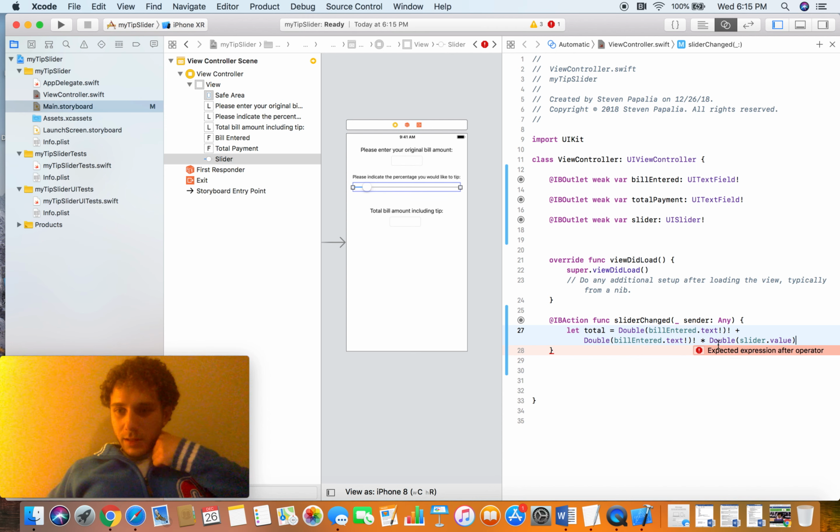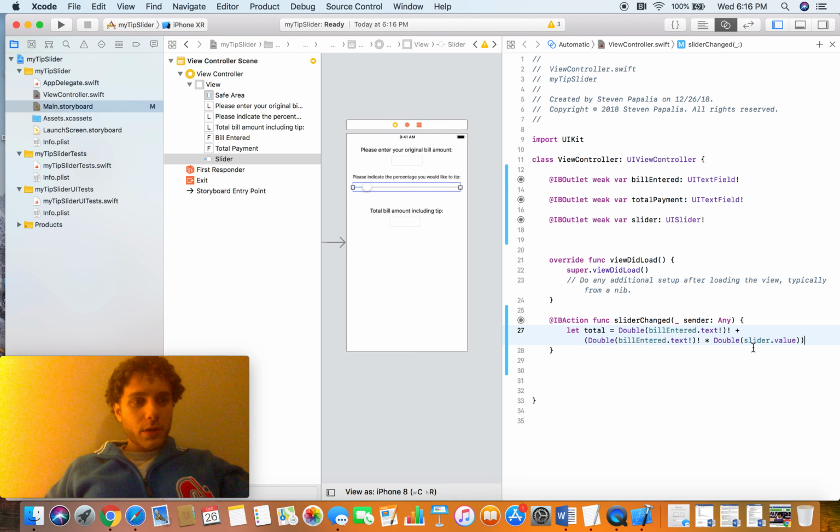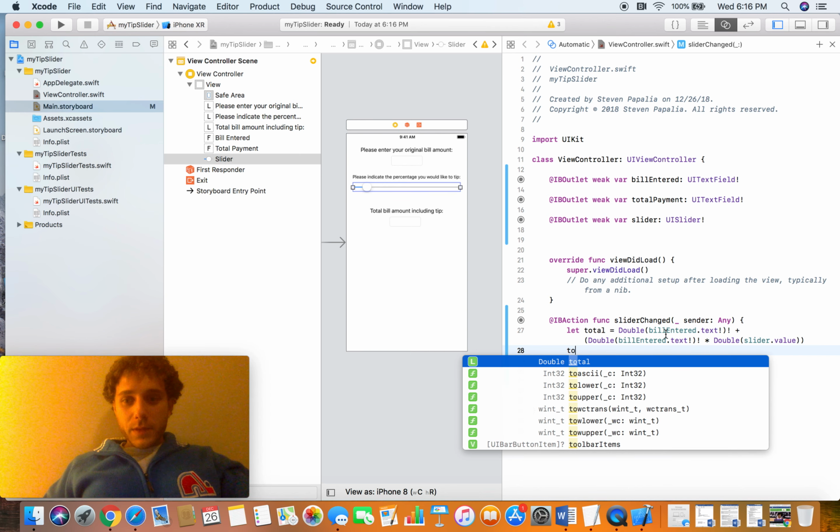What this is saying is that this variable is equal to the bill that a user will enter plus the bill that a user enters multiplied by the slider value, which will be the value of the tip. You can put this in parentheses just to be sure. This is going to give us our correct answer for the total payment box, and now we need to assign that value to the total payment